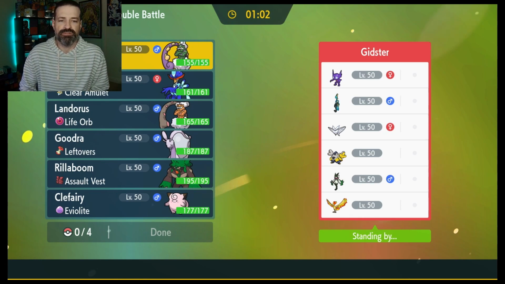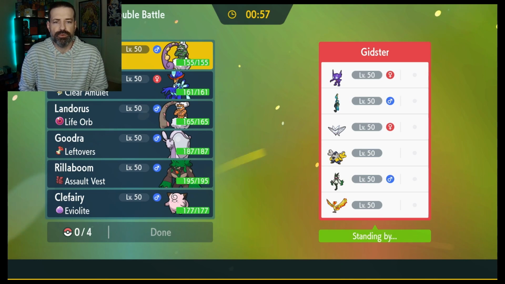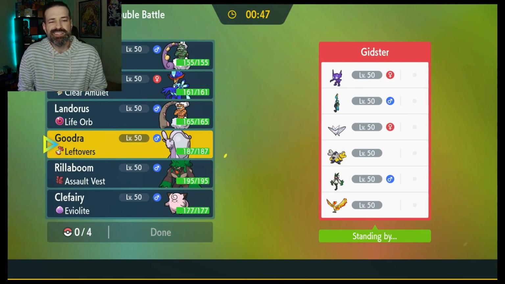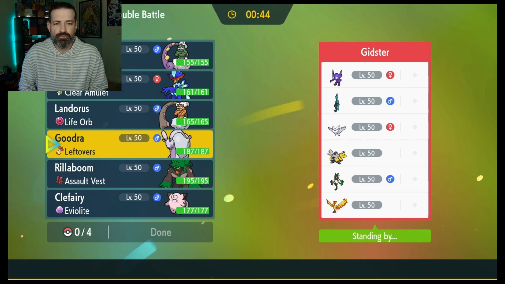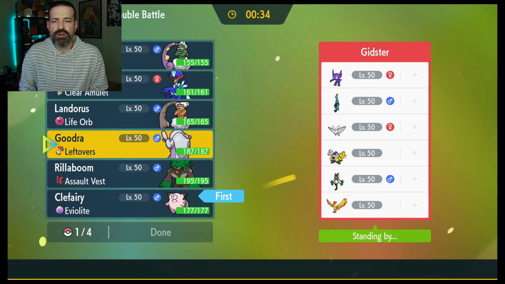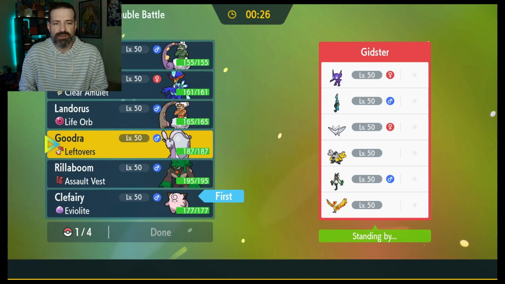Okay, that's going to be a little rough, I'm not going to lie. But here's what we're going to do. And what's Goodra's... Flying, okay. It'd be a little rough against hands, but I think we can do that against a couple other ones. You know what? No. We're going to go Clefairy to start, along with... We're going to start Clefairy and...